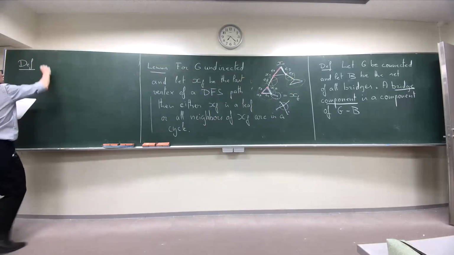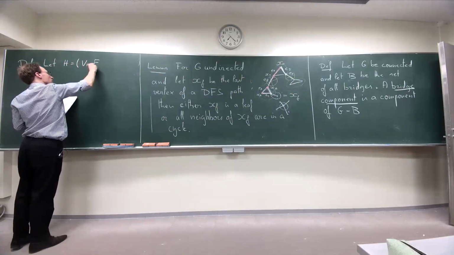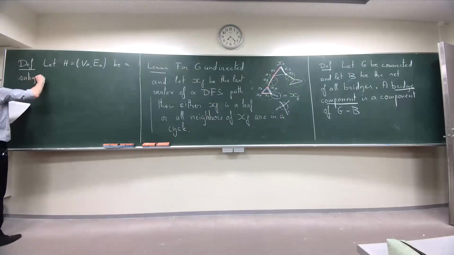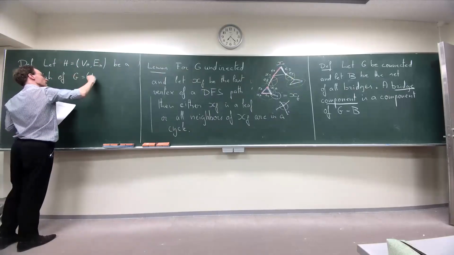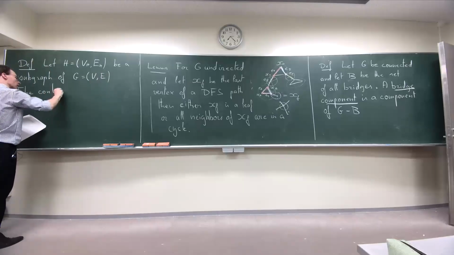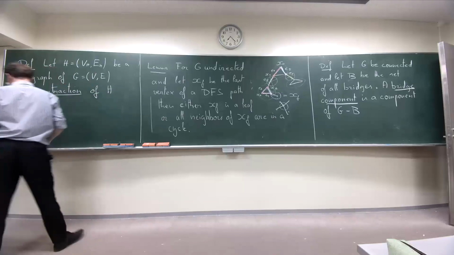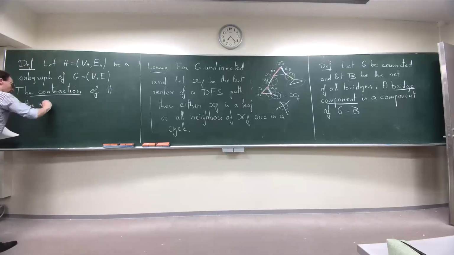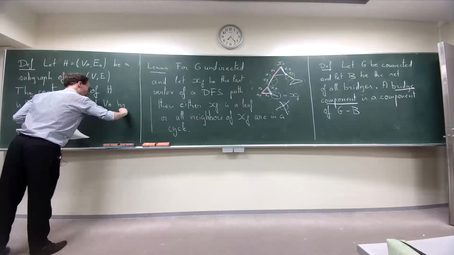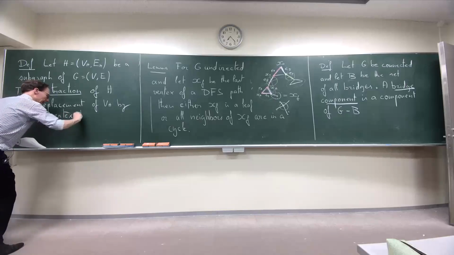Keep in mind shrinking something. So let H, a set of vertices and a set of edges, be a subgraph of G, which is V and E. Now the contraction of H is a replacement of VH by a single vertex, which I'm going to call K,